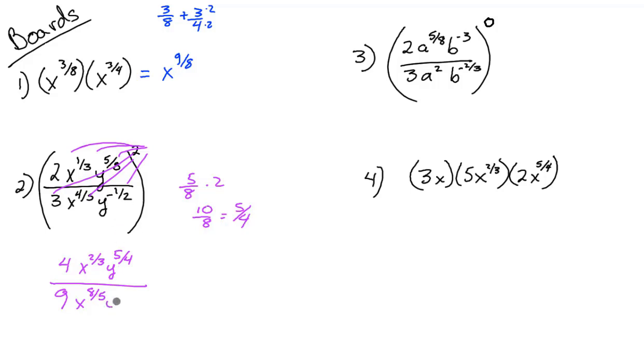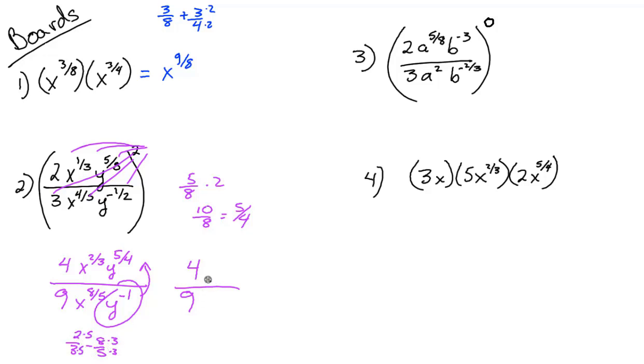And y to the, what's negative 1/2 times 2? Negative 1. Okay, so there we go. This guy's going to go up to the top. And so we have 4 over 9. With the x's, we're going to take x to the 2/3 minus 8/5. So 2/3 minus 8/5 is, common denominator, 15ths. So we had times by 5, times by 5, 10/15 minus times by 3, times by 3,